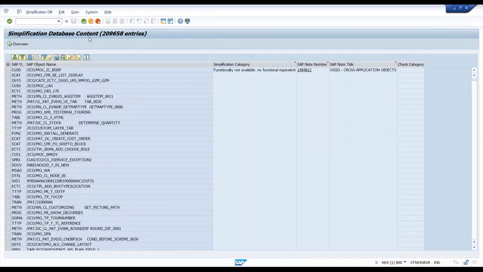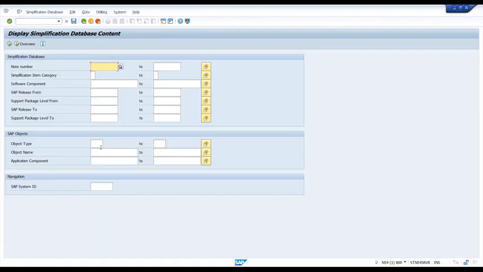Now, just to take a small example for all of you, I will quickly go back and put a data object called DTLE. DTLE, any guess, anybody, what DTLE stands for? Do you remember the object types? What DTLE stands for? Anybody? Data element, guys.